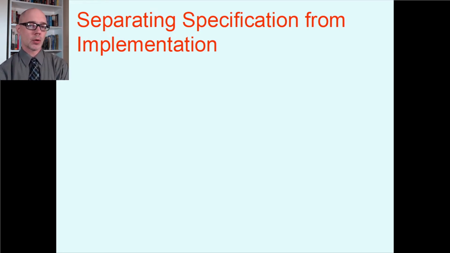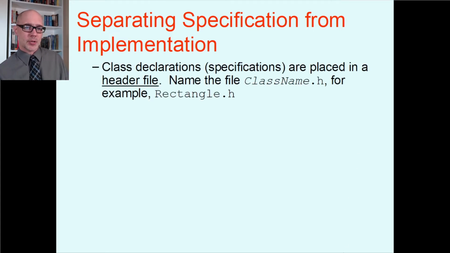So here we're going to want to start to split the specification, which is to say the class definition, from the code implementation and put them in separate files. Put them in separate files on the hard drive. That's going to be very smart and very common. Okay, so what you're going to see here is we're going to start splitting our programs up into at least 3 files now. And what we usually do in C++ programming is that the class declarations declaring the class are